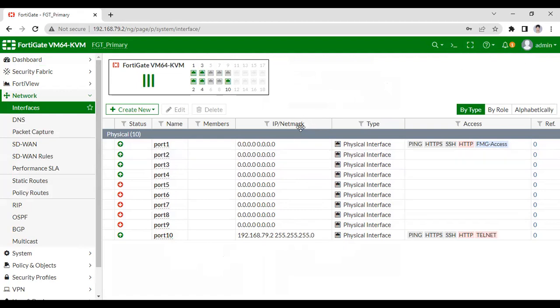So let me show you what I have kept the IP address on the one interface.